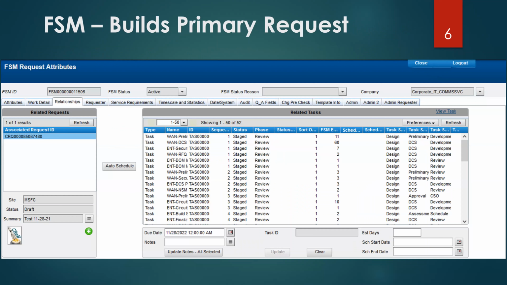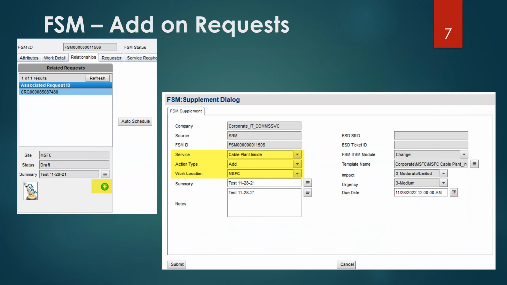And showing you here that it builds that primary CRQ request. When you fill that information out, next stage it, push it forward for it. But then we have that ability, I said earlier today, of doing an add-on request. So you can click the green plus button. You can pick different service action and work location. It can be a completely different service that you're dealing with, and it'll pick the appropriate template and build that